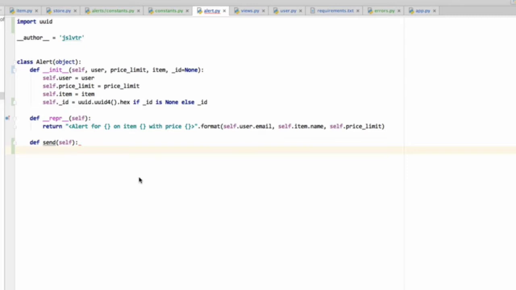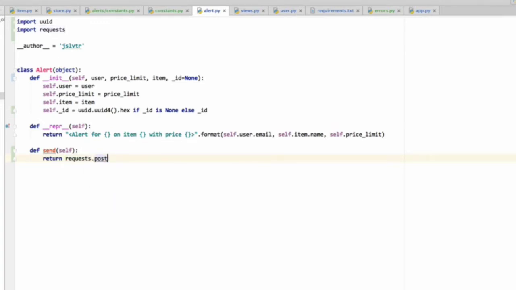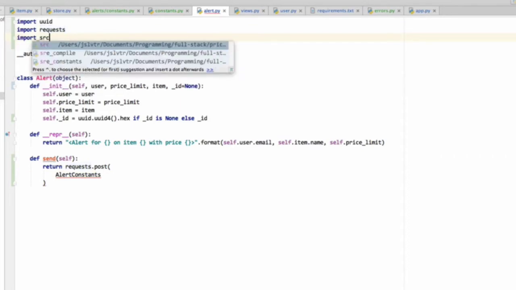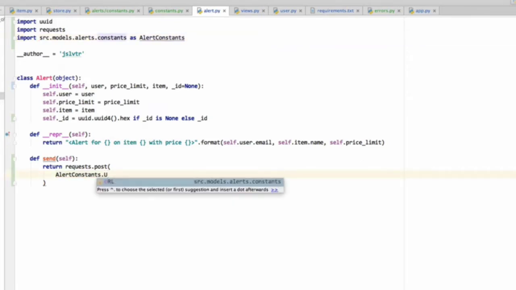So what we're going to do is say return requests.post, and we're going to need to import the requests library. And then simply say alert constants, which we're going to need to import as well. Import src.models.alerts.constants as alert constants .url